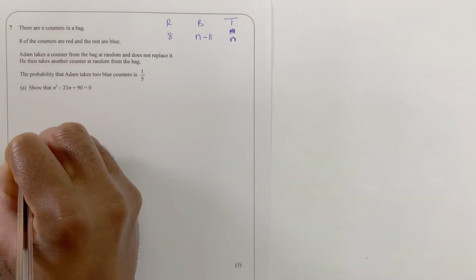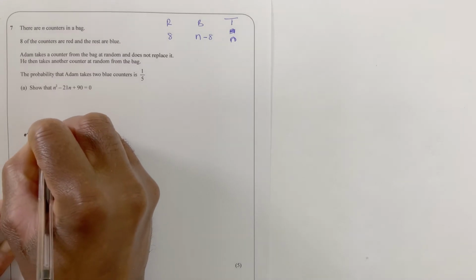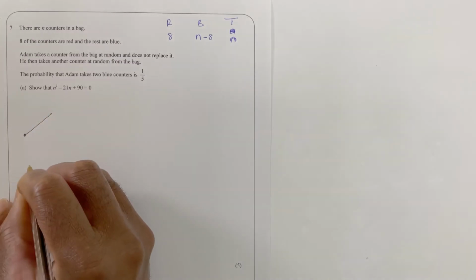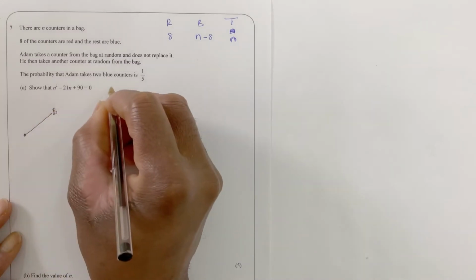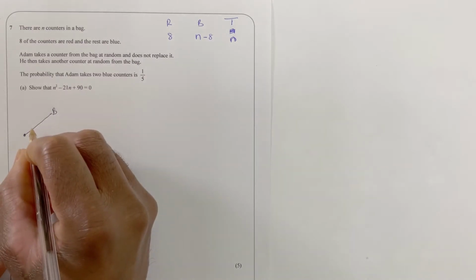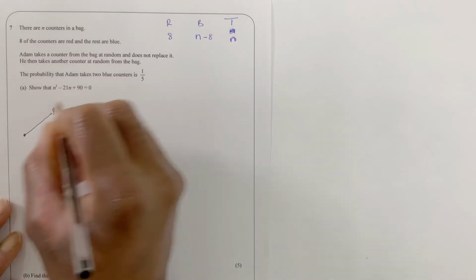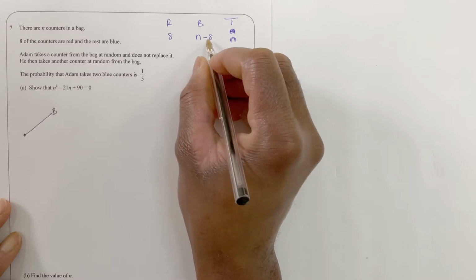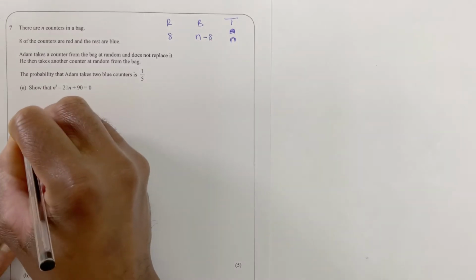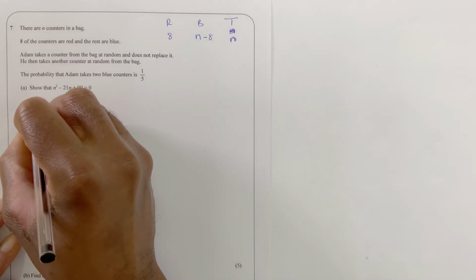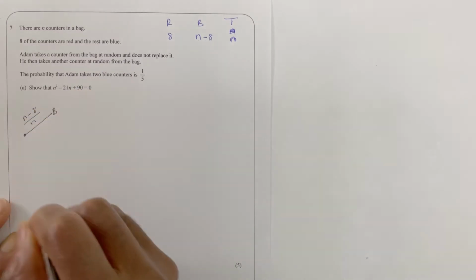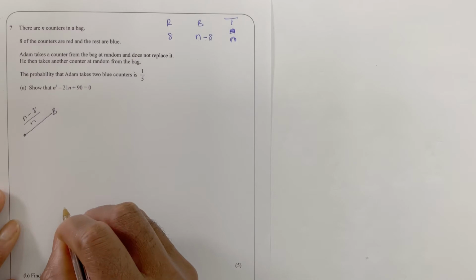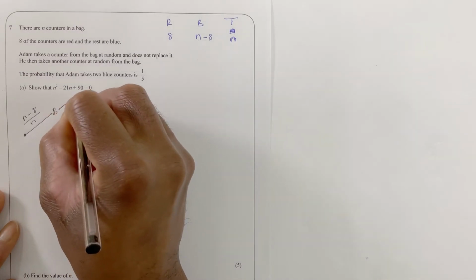So we can say, okay, if you take a blue out first, because that's what the question wants, the probability is going to be n minus 8 over n. So the first one will be n minus 8 over n. So that's the first blue. If we take the second blue out,